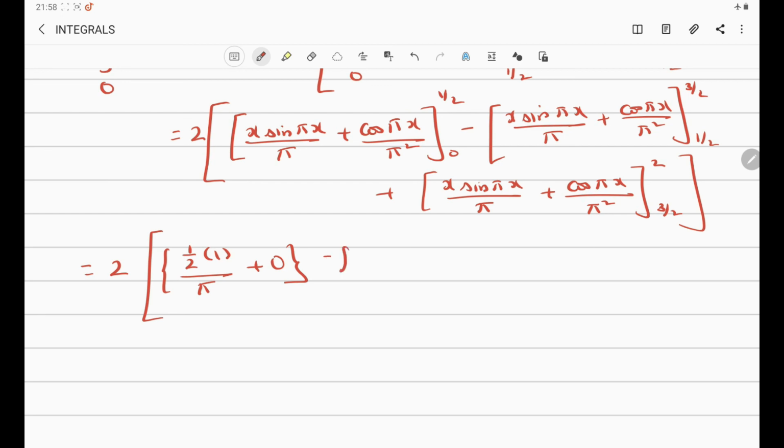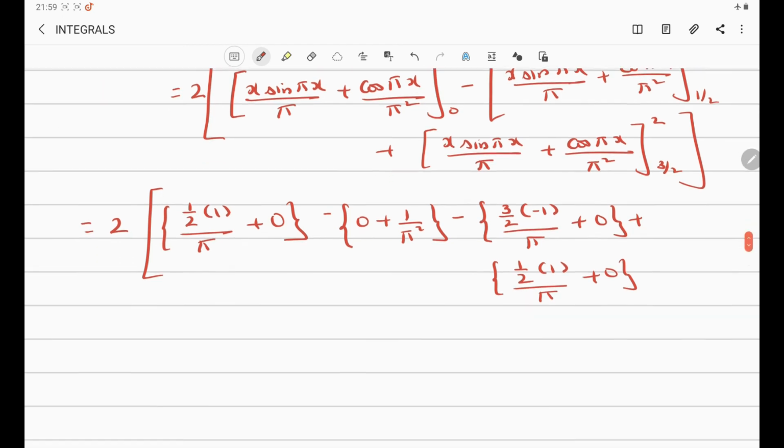So this is 0 minus, again open the braces, 0 into something is 0 plus cos pi into 0 is cos 0 is 1 by pi square, then minus 3 by 2 into sin 3 pi by 2 is minus 1 by pi, then plus cos 3 pi by 2 is 0, minus into minus is plus, plus substituting half we get half into sin pi by 2 is 1 by pi plus cos pi by 2 is 0, so plus 0,